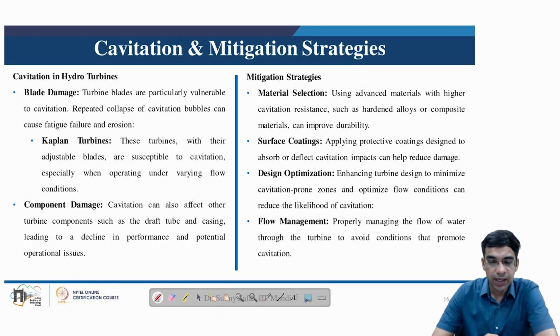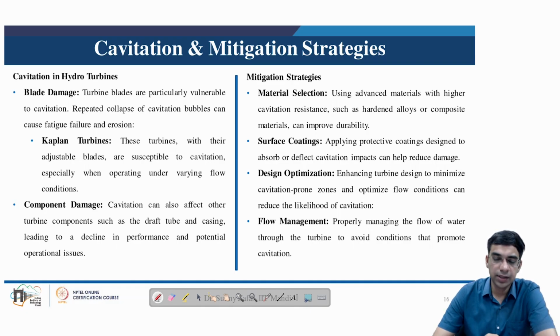So, cavitation and mitigation strategies. Blade damage: the turbine blades are particularly vulnerable to cavitation, and repeated collapsing of cavitation bubbles can lead to fatigue failure and erosion. In Kaplan turbines, the adjustable blades are susceptible to cavitation erosion when operating under varying flow conditions. Component damage: cavitation can also affect other turbine components such as the draft tube and casing, leading to decline in performance